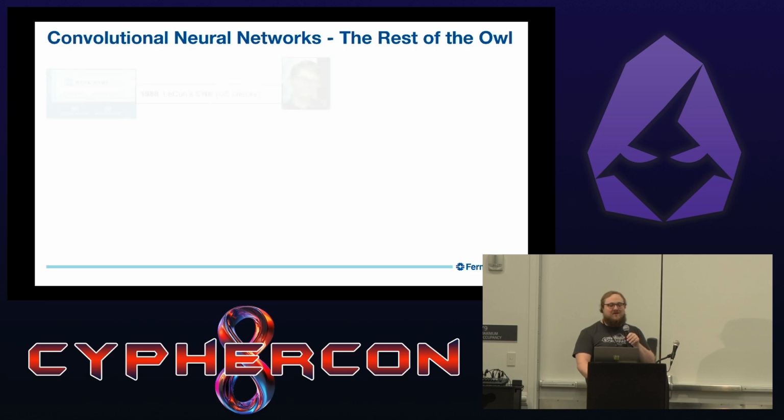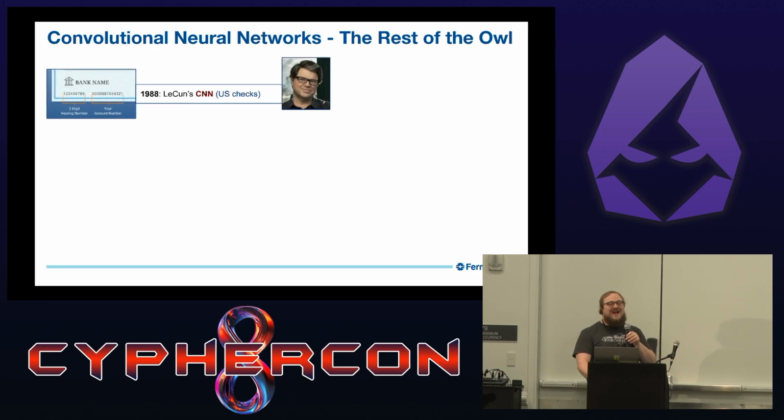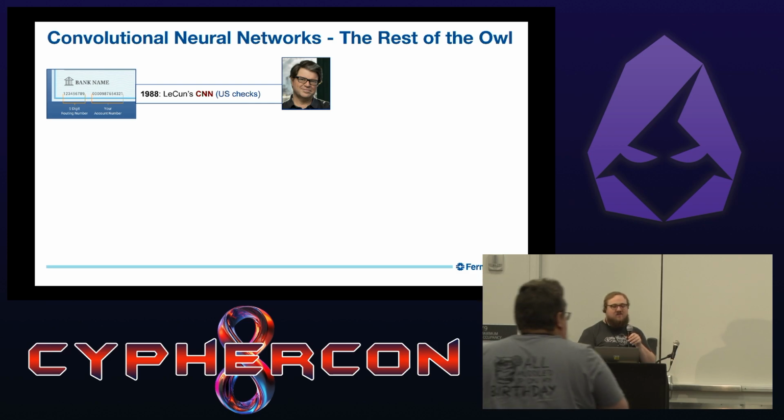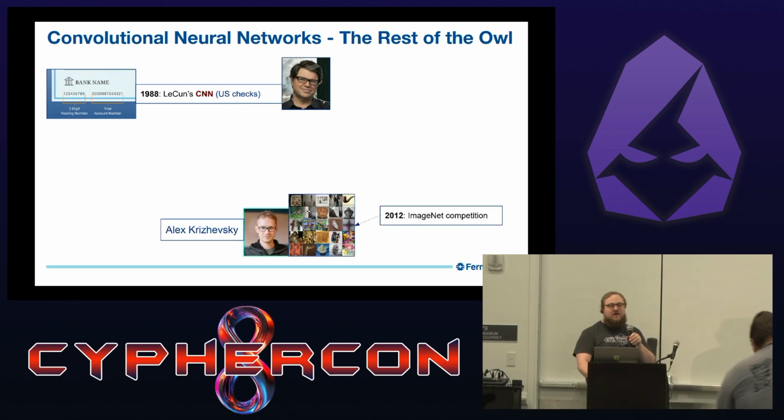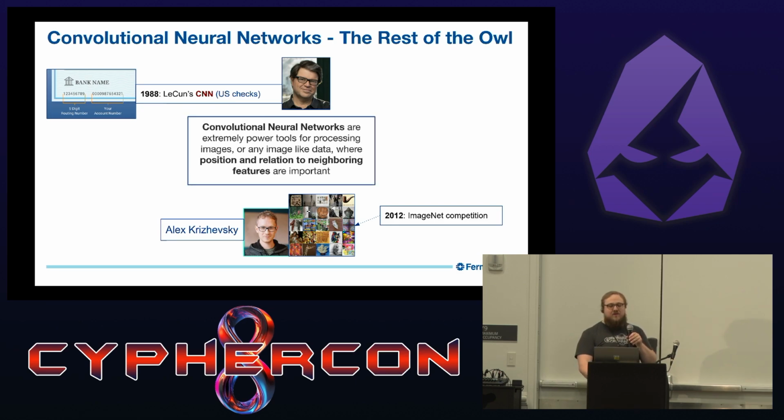So convolutional neural networks are really useful tools. As I mentioned, in 1988 the first widely deployed one was used to read numbers on checks. Then in 2012, the ImageNet competition, an image recognition one, used a CNN trained on GPUs. They're very useful as image processing tools where position and relation to neighboring features are important, right? So if you're trying to figure out not just what a global feature is, how everything relates to everything, but how neighboring features relate to each other, CNNs are a really useful tool